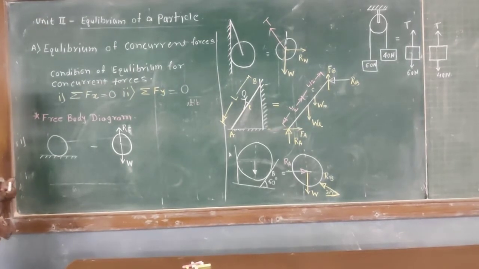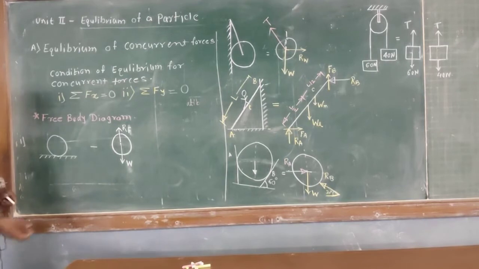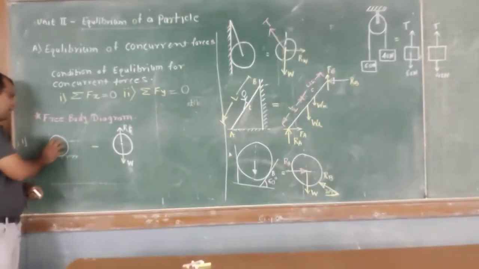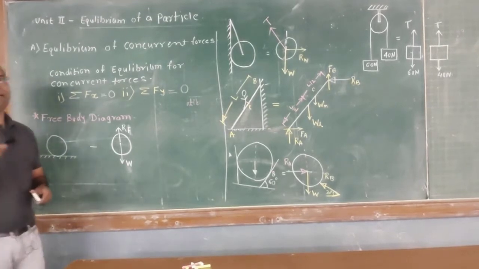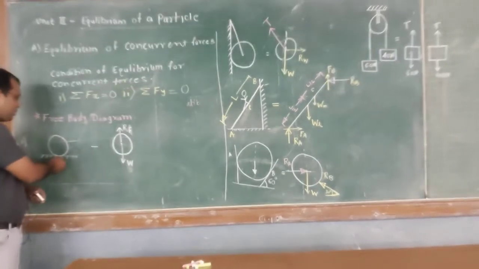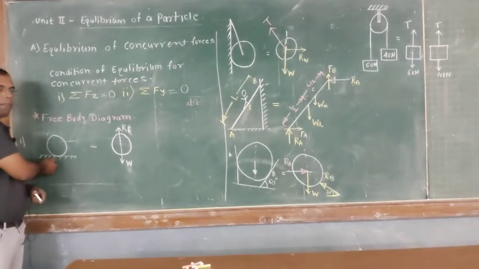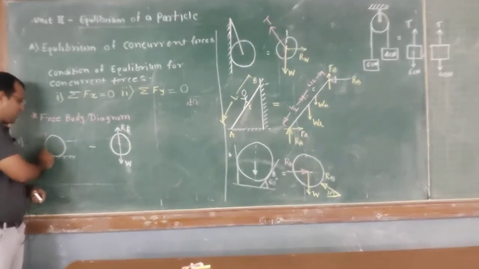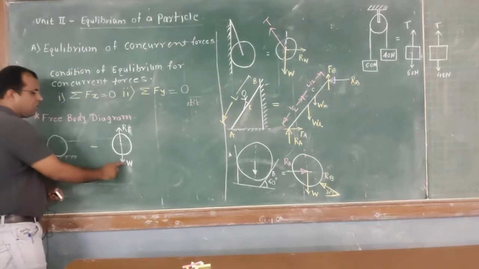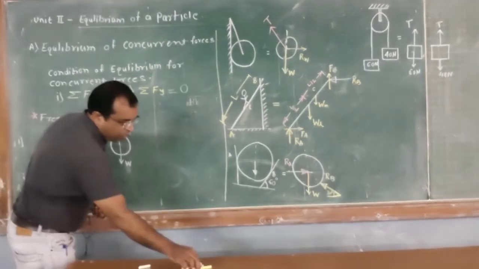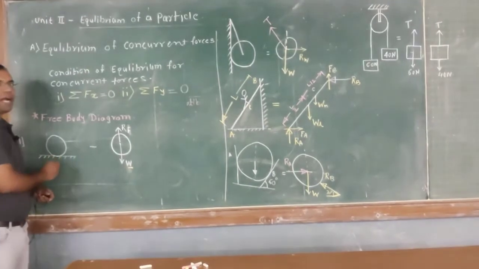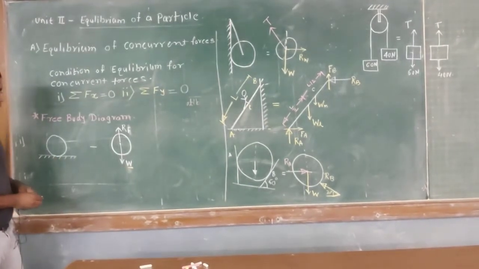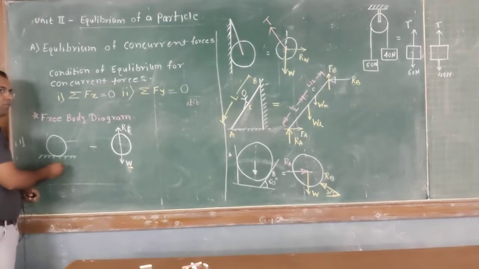Active force means the force which is applied by that body. So what are the different forces acted by this body? Here in this case only one force is acted by the body on the surrounding. The surrounding here is the floor. So which is that force? That force is nothing but the weight of that ball, or of that sphere, which is the active force. So only one force is there, that is the active force.